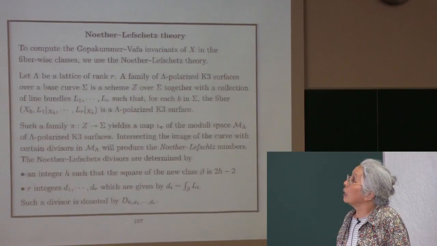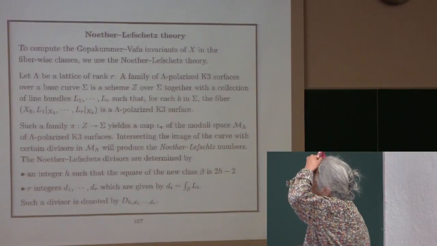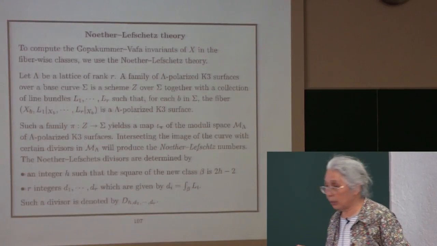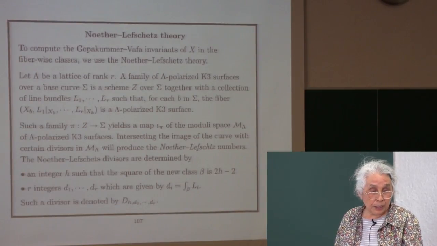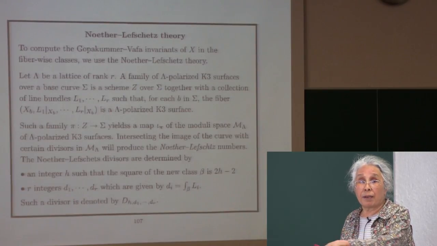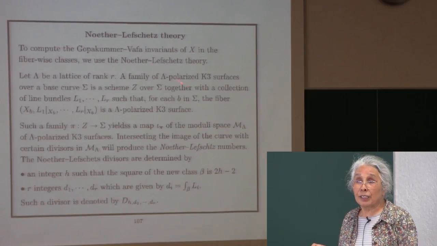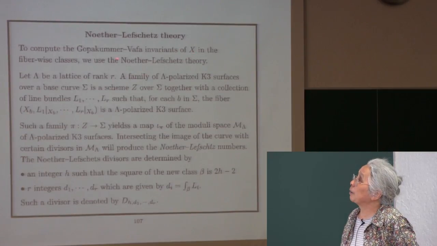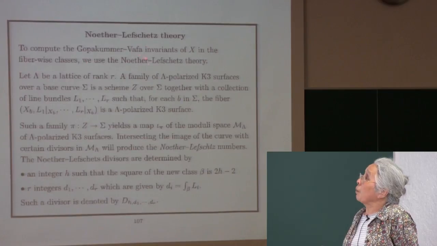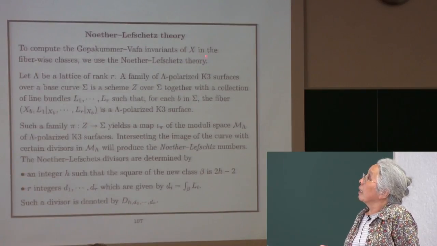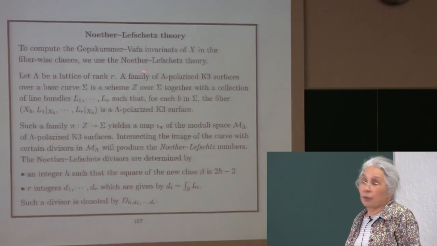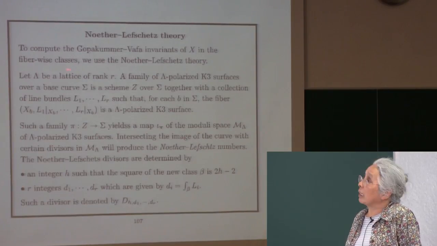And so in order to compute Gromov-Witten or Gopakumar-Vafa invariants, we need something called Noether-Lefschetz theory. With this, everything becomes trivial. So to compute Gopakumar-Vafa invariants in the fiber-wise classes, we need Noether-Lefschetz theory. This is something about lattice polarized K3 surfaces, and the lattice